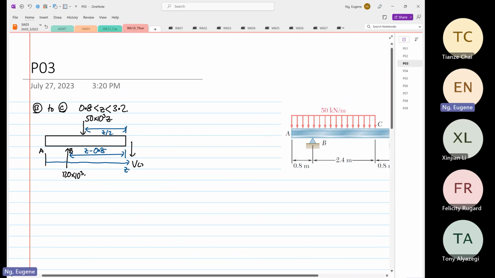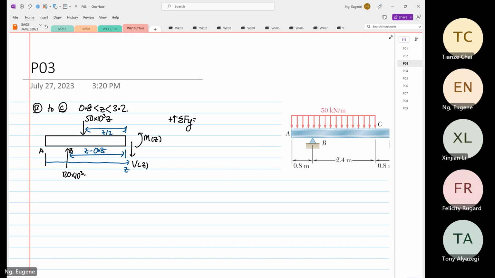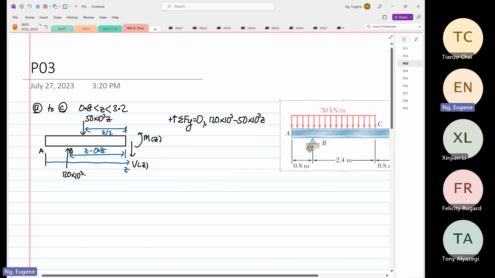So this is V as a function of X. This is Z as a function of Z, right? So again, we do static analysis. Going up is positive. So 120 times 10 to the power 3 minus 50 times 10 to the power 3 Z, and then minus Vz,